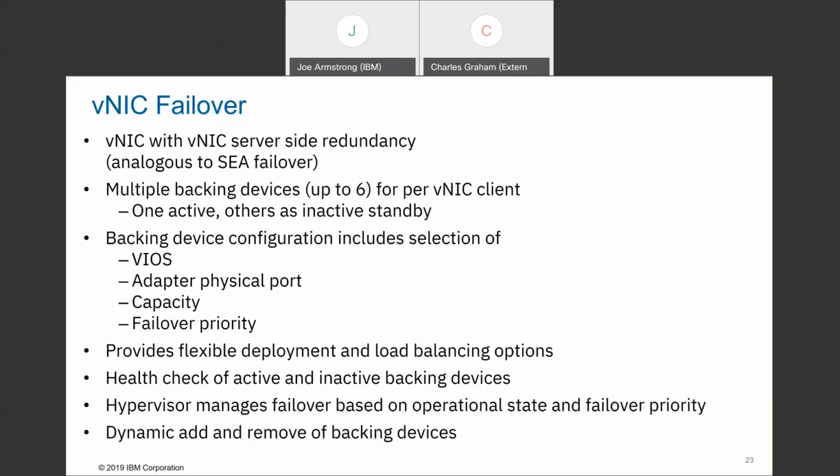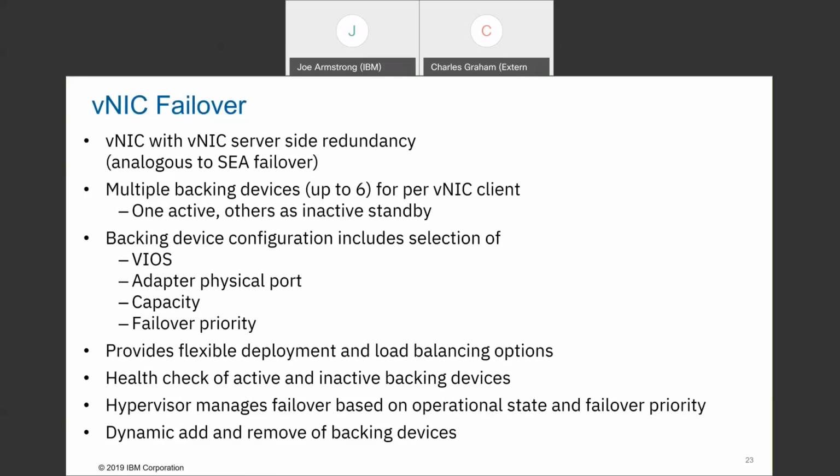And so it's really a single point that's managing that, which I think is helpful from the standpoint that you don't end up with potentially two people thinking they're the active backing device at the same time. It becomes very clear because the routing changes when you go from one backing device to a different one. So I think that's a helpful